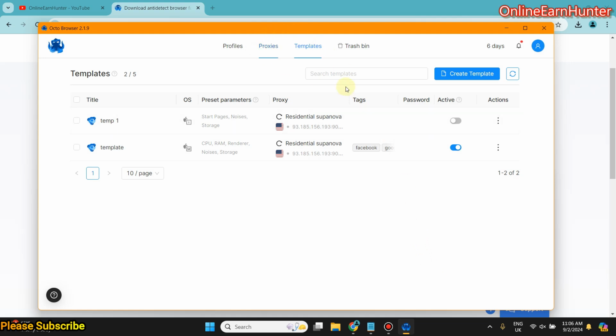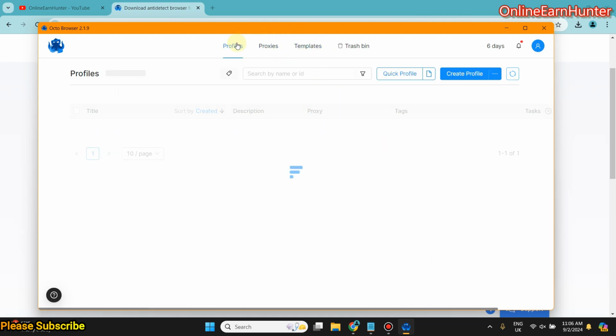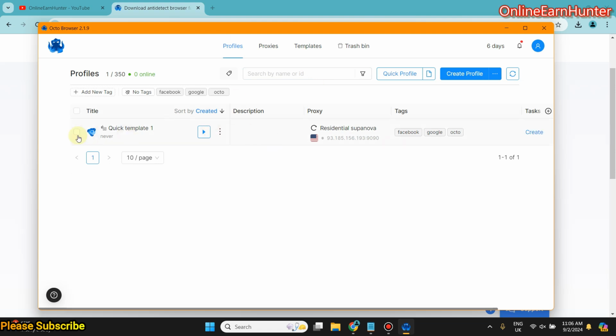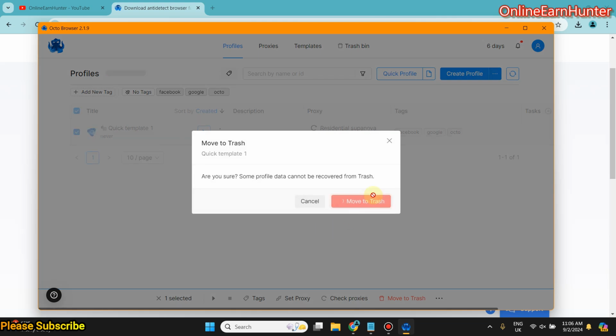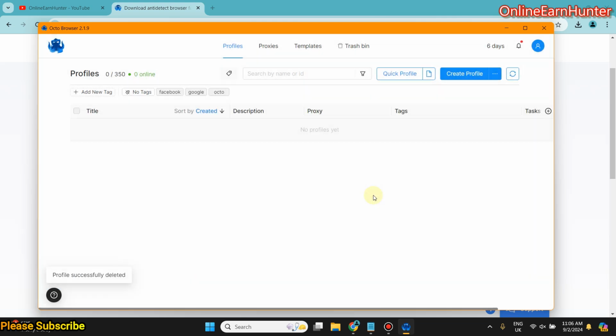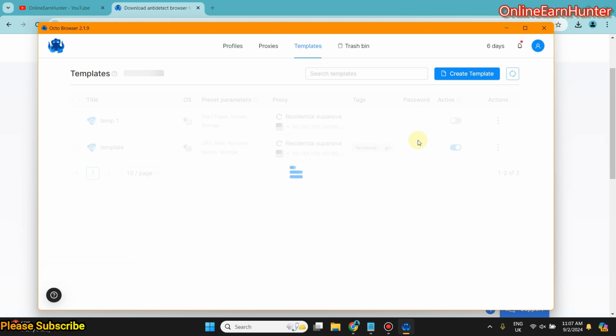template there. So the advantages of a template now, let's say you have deleted this account here, you have deleted that profile, and you want the same profile, the same setup. So instead of going through the create profile feature and doing all the manual setup again and again, just come here, click quick profile, and if you are